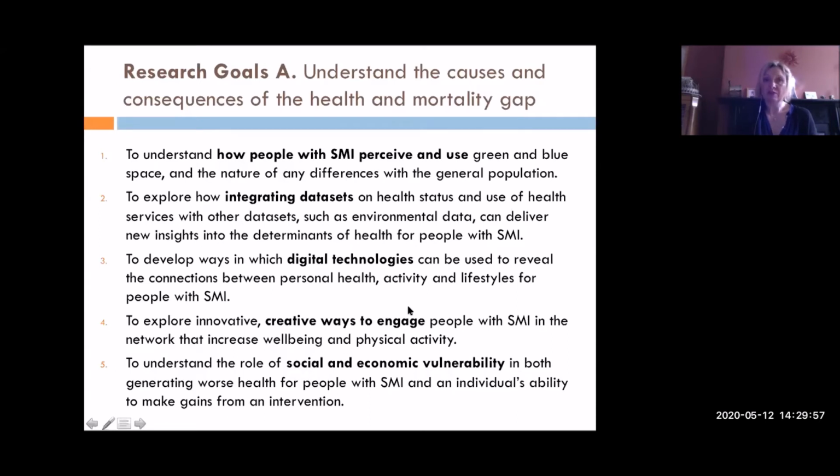We've got our research goals. These are to understand the causes and consequences of the health and mortality gap. This is all on our website, but we can also send it to anyone if they wish, if they just send us an email. So our research goals are to understand how people with SMI perceive and use green and blue space and the nature of any differences with the general population, to explore how integrating data sets on health status and use of health services with other data sets, such as environmental data, can deliver new insights into the determinants of health for people with SMI,